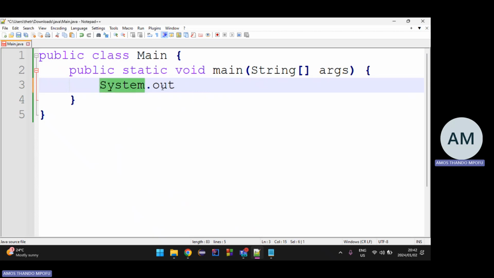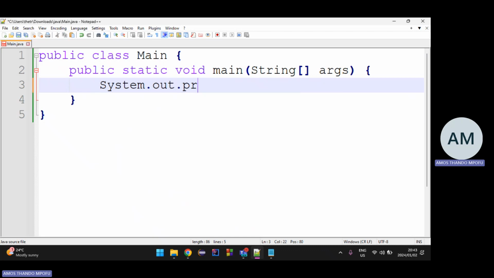So it's going to be a class, and then I call some function, or some object. I think it's a function. No, it's not a function, it's an object, yeah. We'll get to the function. So I call an object called out, right?